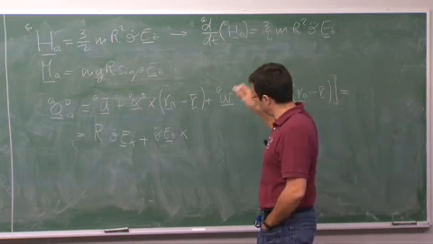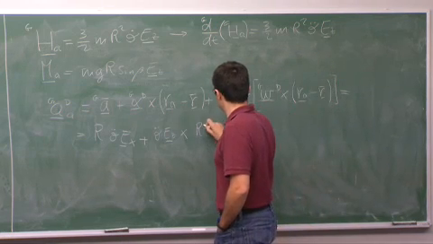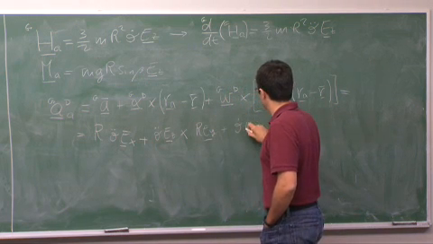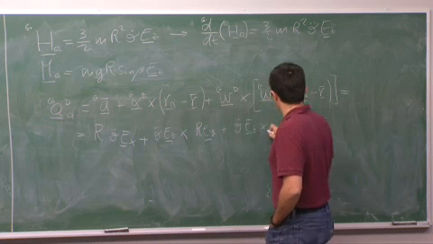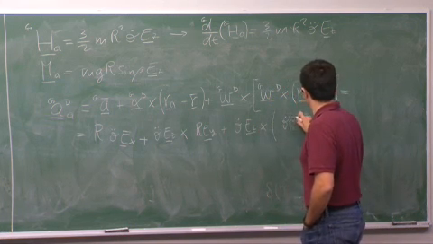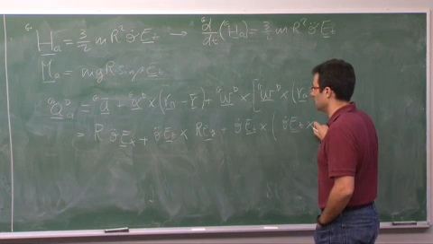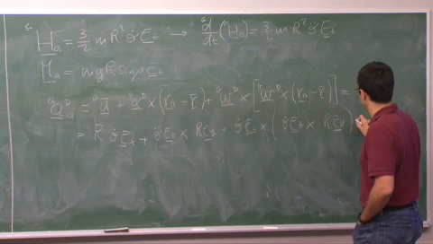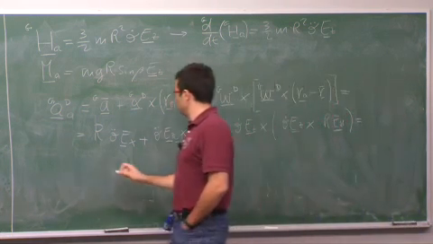For the fourth millionth time, R E_y. And this is theta dot E_z crossed with theta dot E_z, which is crossed with R E_y. Right? And that gives me